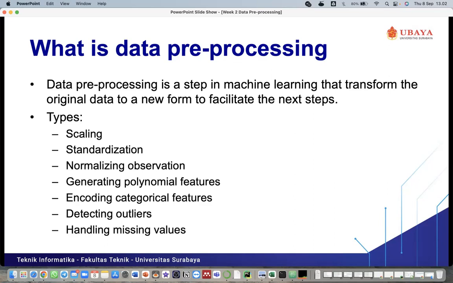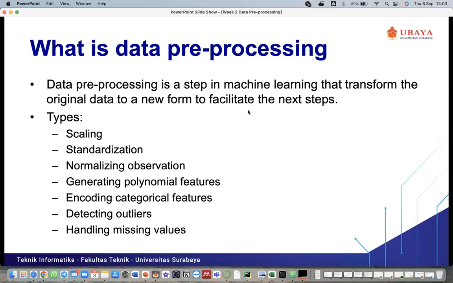And all of these preprocessing methods have been provided by Python libraries, and we can use them directly. So we don't need to create the code from scratch. It's very easy. We can just call the function in the scikit-learn library, then we can use all of these preprocessing methodologies easily.